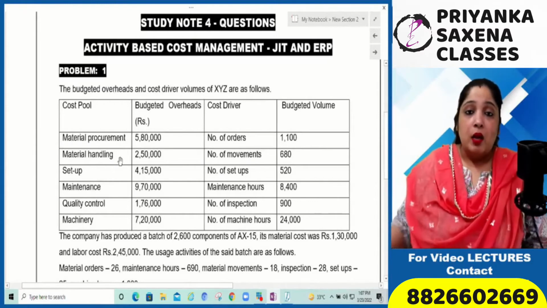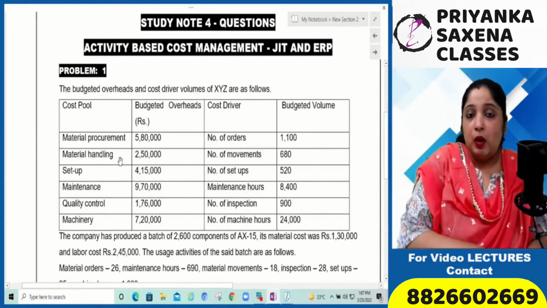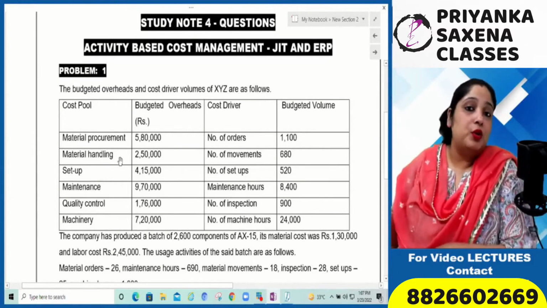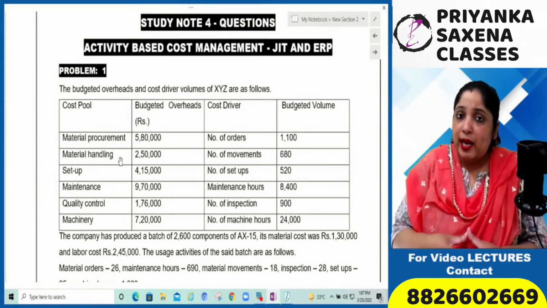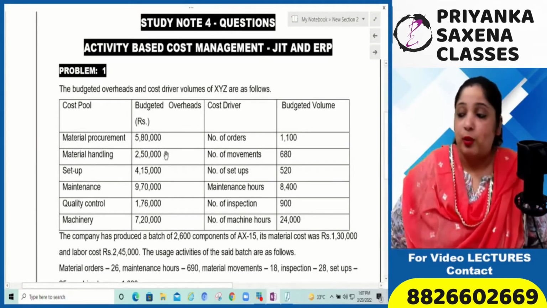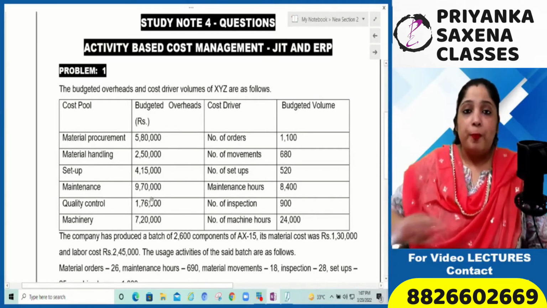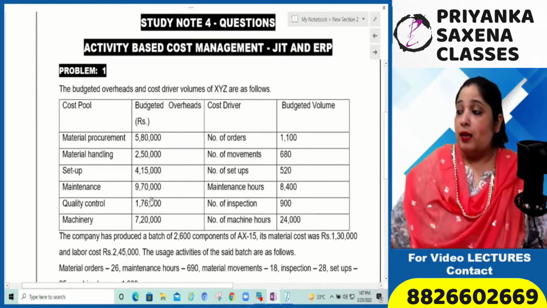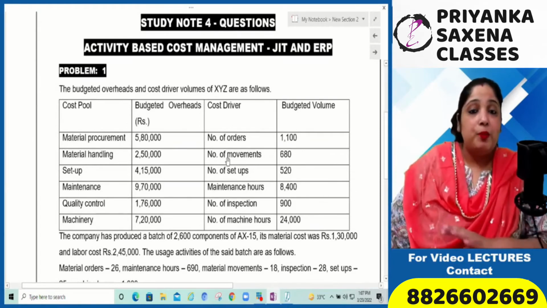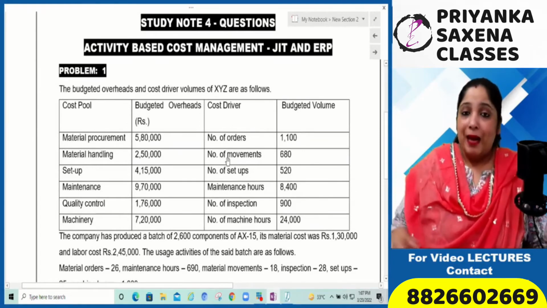Material handling. Now material is passing from the godown to the factory, then to the finished goods godown. So if fewer movements of material take place, then definitely the material handling cost will be reduced. So your production and plant layout should be such that the material movement should be the least. The plant layout